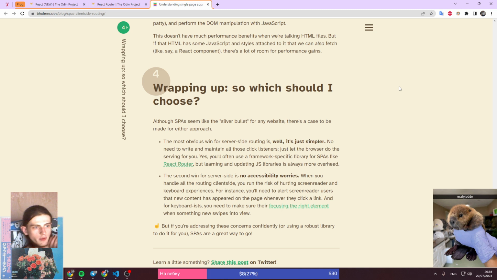You'll often use a framework-specific library for SPA like React Router. But learning and updating JS libraries is always more overhead. The second win for server side is no accessibility worries. When you handle all the routing client side,